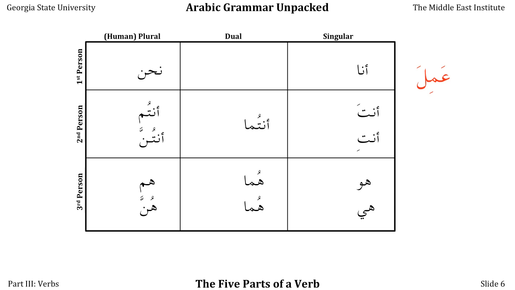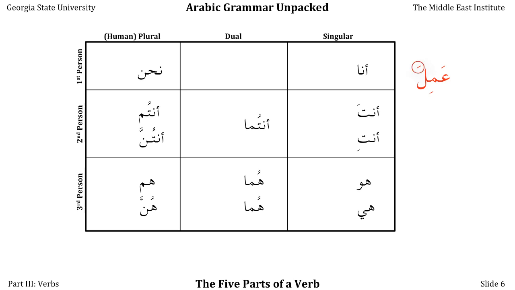The top row, we have the first person, I and we. There is no first person dual. The middle row, we have the second person, you. The bottom row, we have the third person, he, she, and of course Arabic doesn't have an it, and also human plural, they. So what we're going to do first is we're going to take amila, the root verb, and